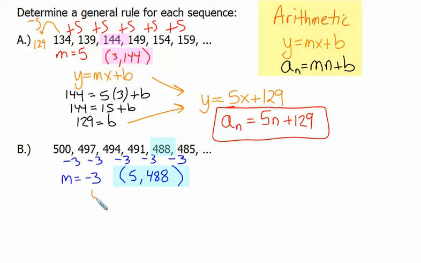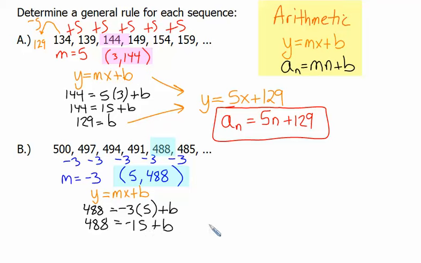And now we go to the equation of a line, y equals mx plus b, and plug things in. The y is 488, the m is a negative 3, the x is 5, and we're calculating b. So we get 488 is equal to a negative 15 plus b,